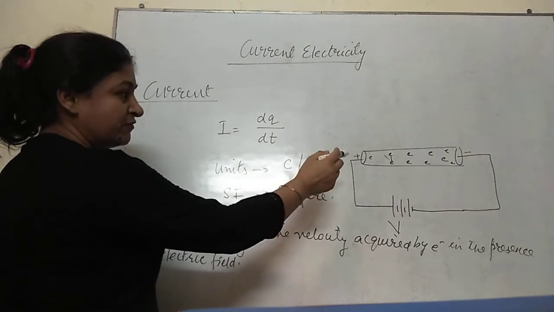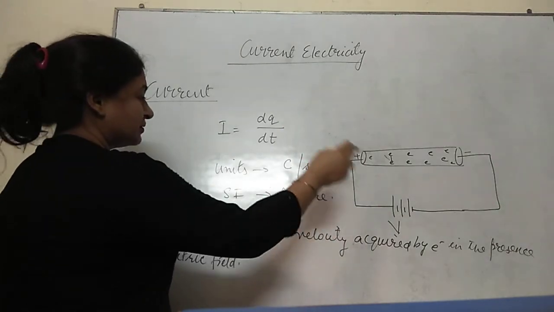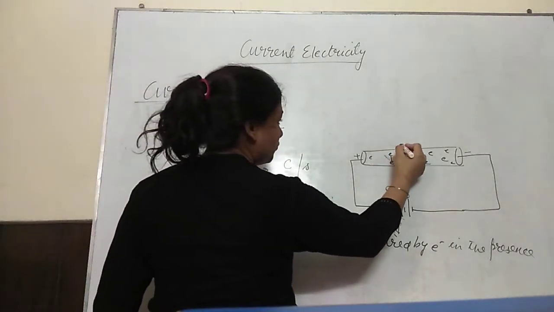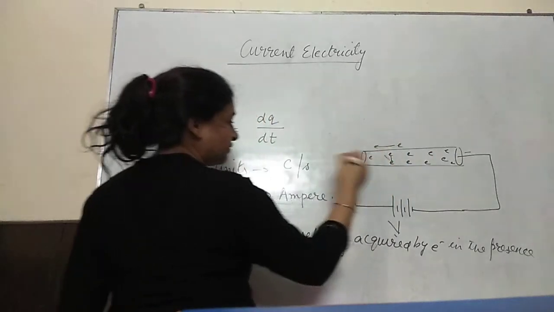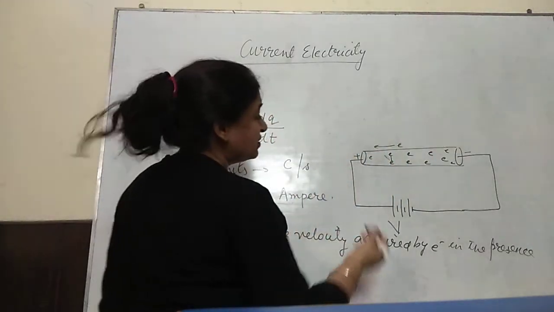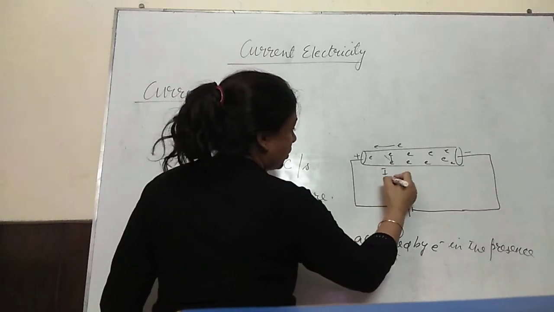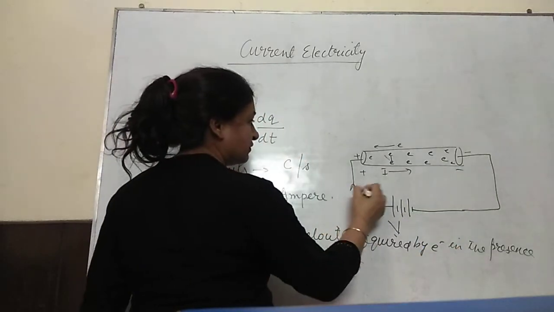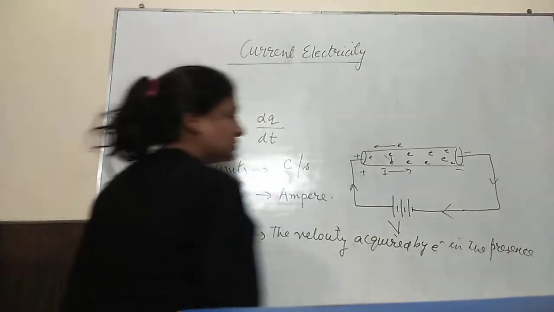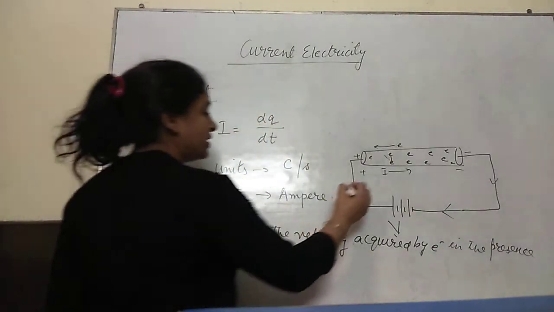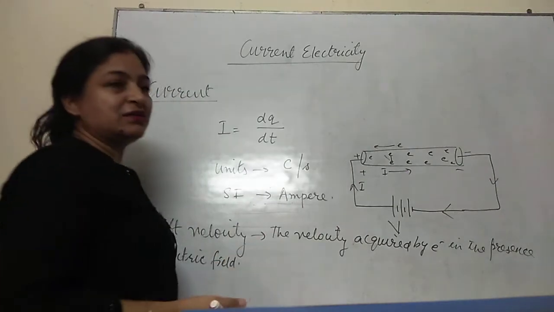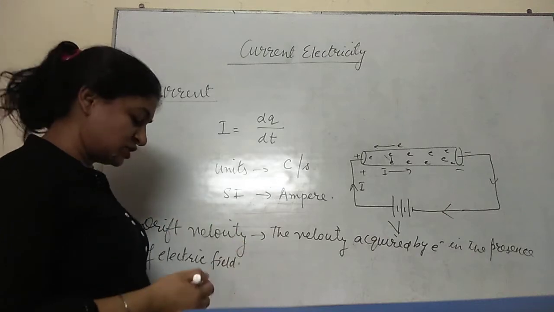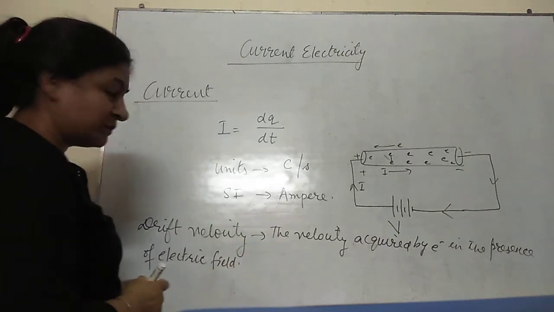And when the electrons have started drifting, the current will start flowing in the circuit. Electrons move from negative to positive of the battery, while conventional current, as we know, flows from positive to negative of the battery. So this is the direction of the flow of the current, and in this direction the conventional current would be flowing. Conventional current is generally taken as the flow of positive charge, and we know that if the electrons are moving, positive charges are assumed to be moving in the opposite direction.